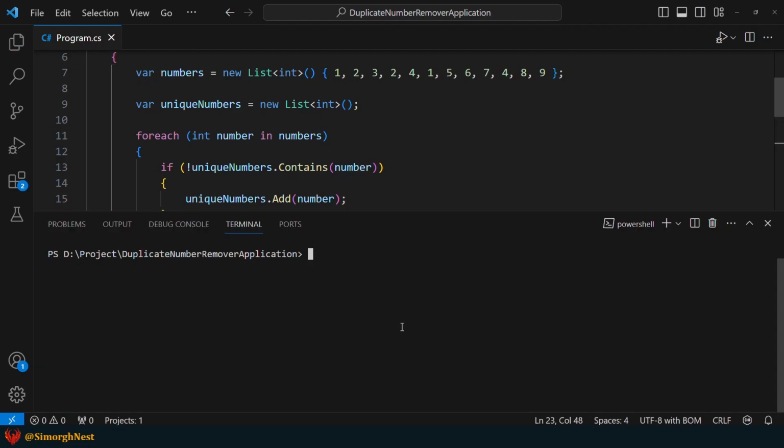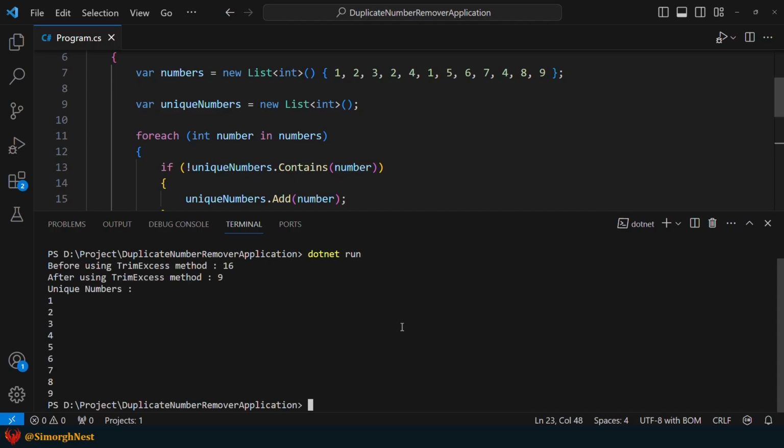Alright, let's run the application again to see what happens. As you can see, we obtained the same result as before, but we have optimized memory usage this time.